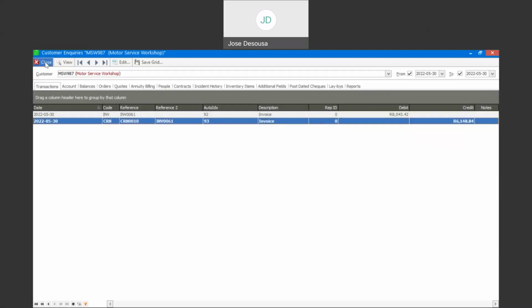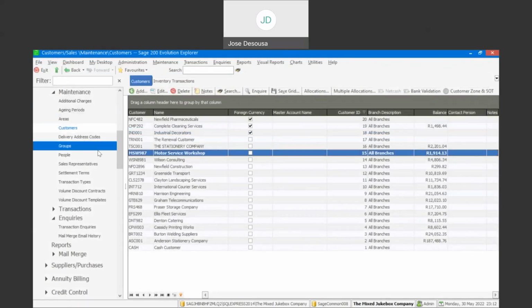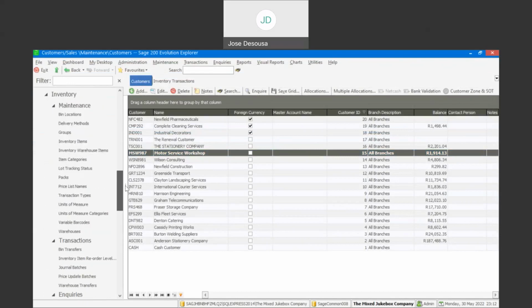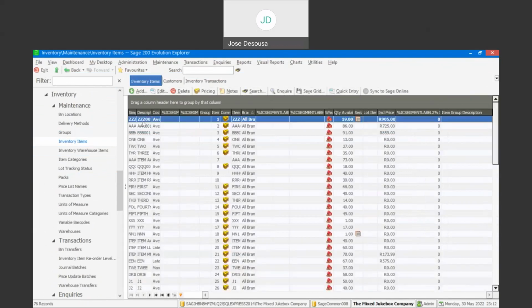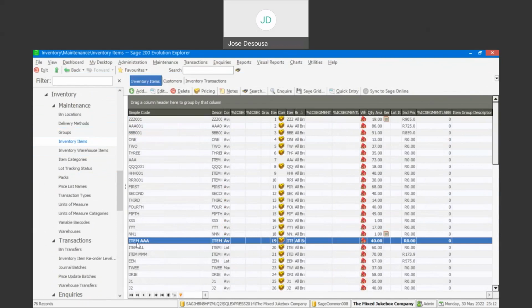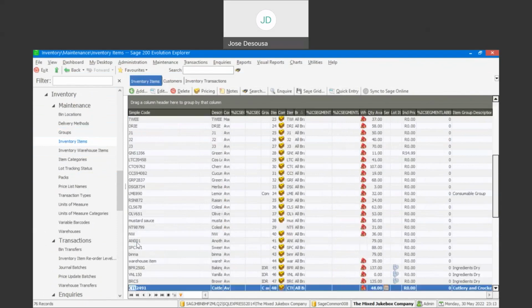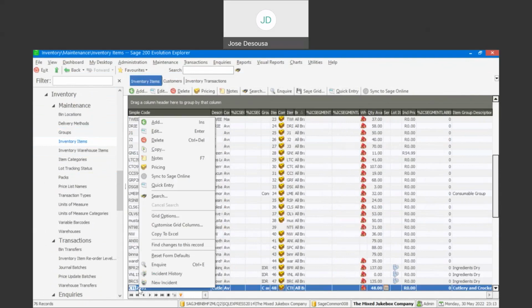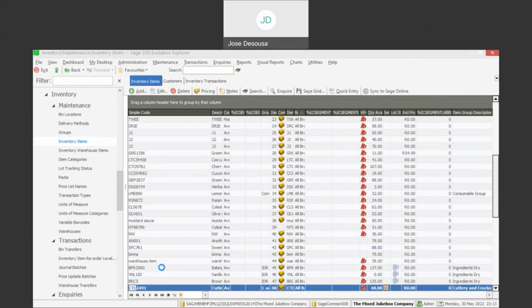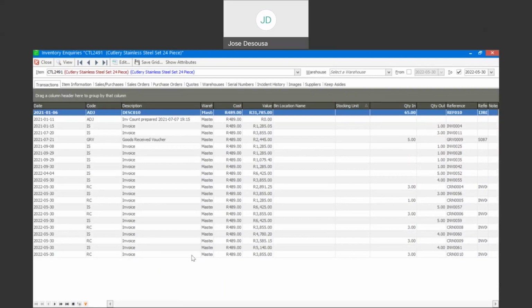Let's just go see what has happened to the stock items. So if we, for example, take our serialized item, I'm going to go to inventory, inventory items, and let's just go find the item so we know it's the item code. Right click, inquire. Right, and there we have it. So there's our invoice where the 4 units were sold and then the 3 units were returned on the credit note. And if I go to my serial numbers tab,